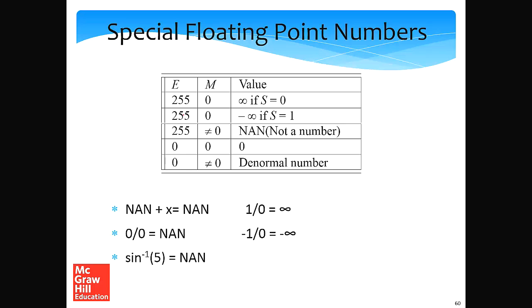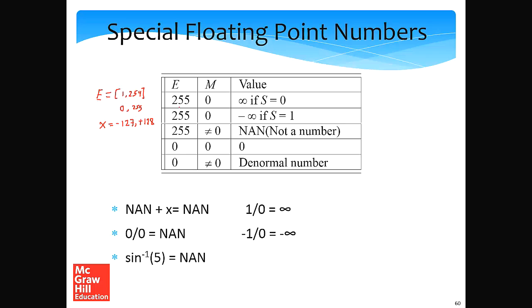So in this case, if you would recall, the valid values of E actually have to be in the range of 1 and 254, right? So the values that we are excluding are 0 and 255, which basically means that exponents with a value of minus 127 or plus 128 are not allowed. So if they're not allowed, what does it mean? It means that we are using these values for denoting something special.